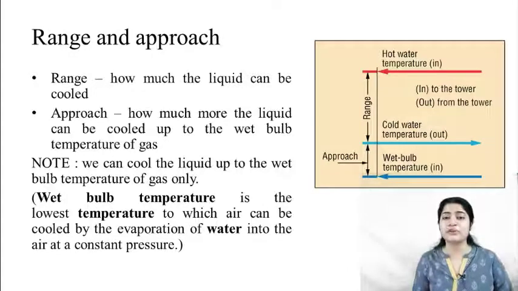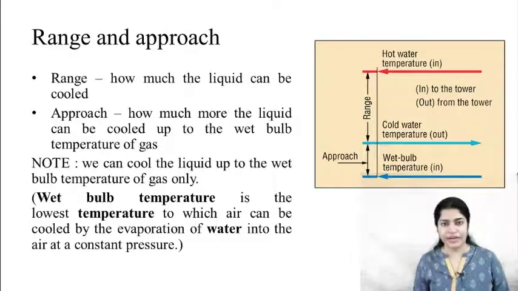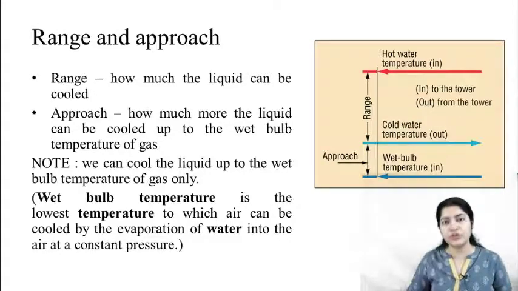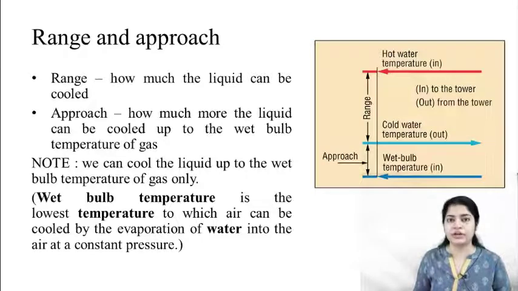When we were studying wet bulb temperature, we noted that it shows you the amount of water present in the air. That is the lowest temperature up to which you can cool your air, because further cooling will result in condensation. So up to wet bulb temperature only you can cool your air. At dew point, your air is already saturated, it already has excess water in it. So no more evaporative cooling can occur using the dew point temperature of air, because at dew point it is already saturated with enough water.